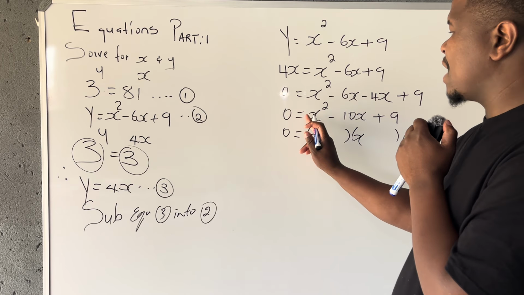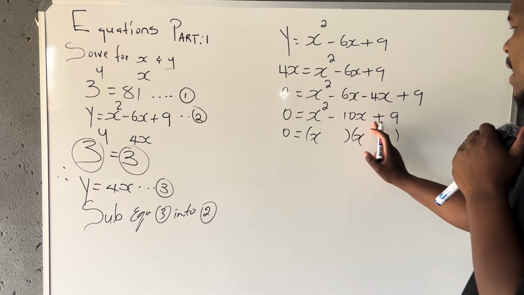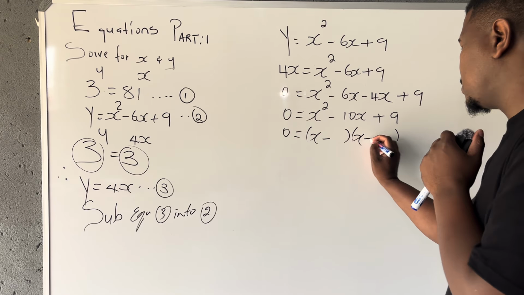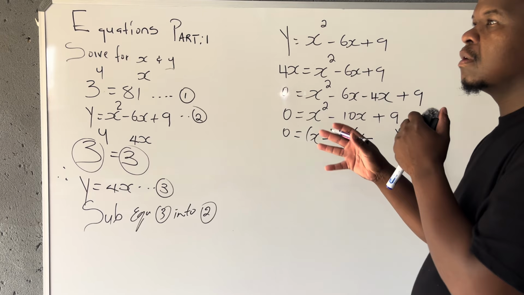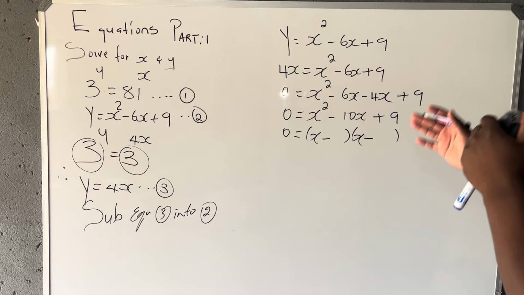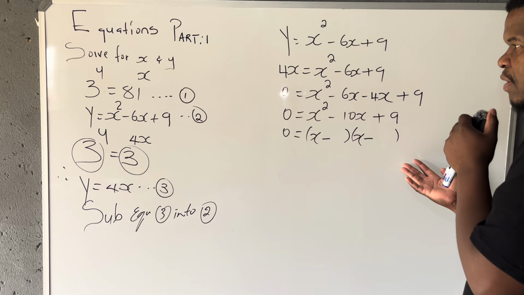More lessons on factorization of a quadratic are in one of the videos under grade 11. There's a playlist for grade 11 where you can just go and watch. So we explained that when you've got a negative here and a positive, all signs will be negative, simply because negative times negative must give you the last term of positive. So I did explain thoroughly on that. So remember, now we're talking simultaneous. I'm not here to teach how to factorize. There's a lesson for that. So here we just want to master how to